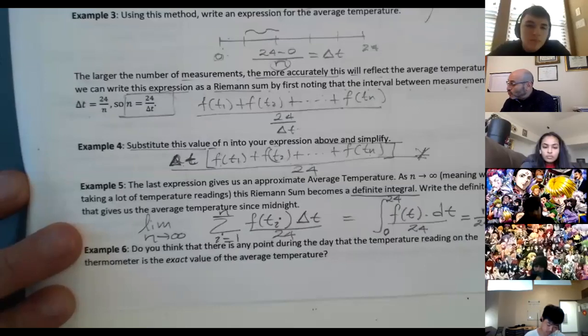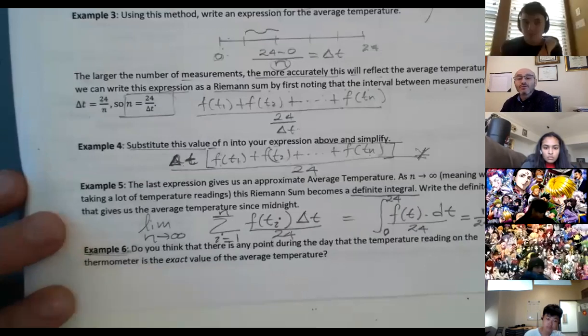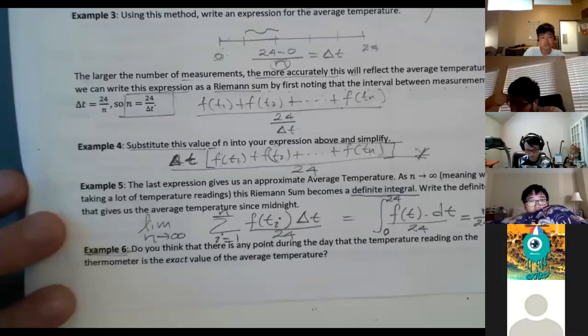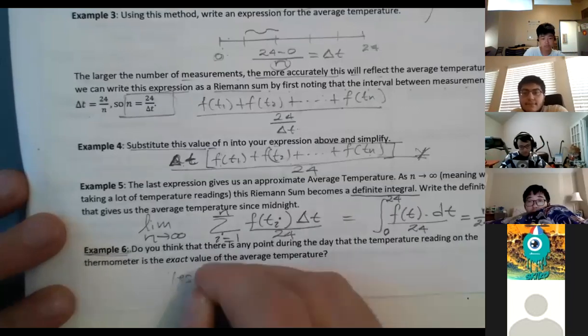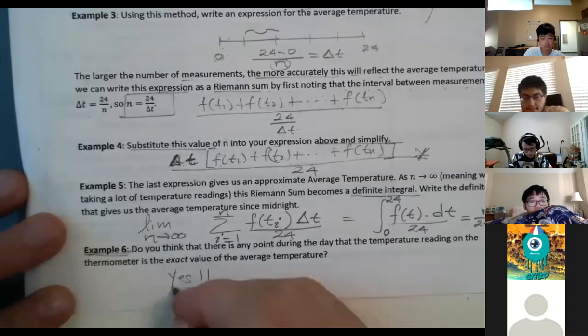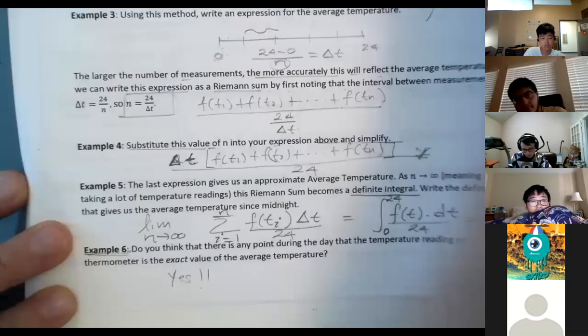example 6 says, do you think that there is any point during the day that the temperature reading on the thermometer is the exact value of the average temperature? Read example 6 and tell me, do you think that that's going to happen, yes or no? Yes. At some point, right? At some point, the average has to be equal to the temperature of the function. So the answer to that is yes, obviously. At some point, it's going to happen. Okay? All right. So